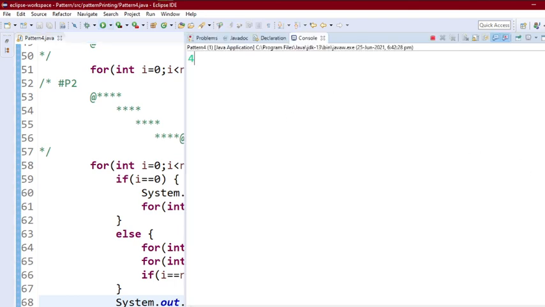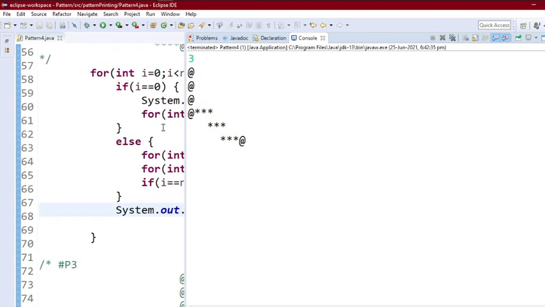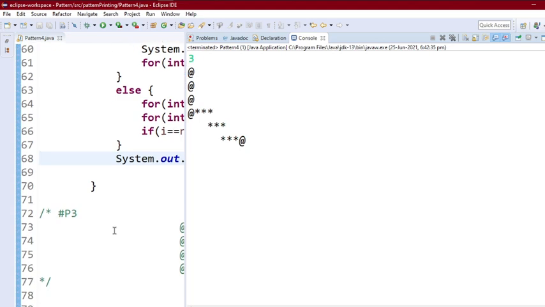Okay, enter any value for n. Let's enter 4. Okay, we got our desired output, and let's enter another value for n. Let's enter 3. Okay, so we can proceed to our part 3, where we have to print some white space